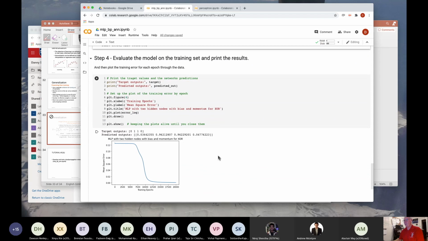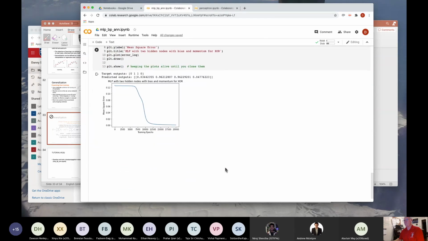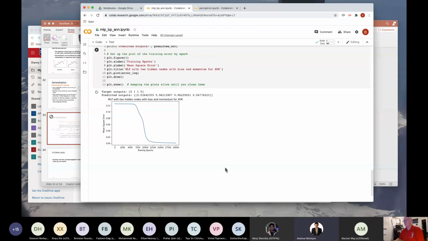Is anyone not able to run the code or having any really significant problems? I see two hands up in the attendees list there, Danny. I don't know if those are people who have a question or maybe they just had their hand up and forgot it. So there's Chao Zhu and Alpha Hossein Mohammed, I think. I think Chao heard me. Alpha, are you there? No question? Okay. Don't mean to pick on you guys. Just want to make sure that there were no questions.